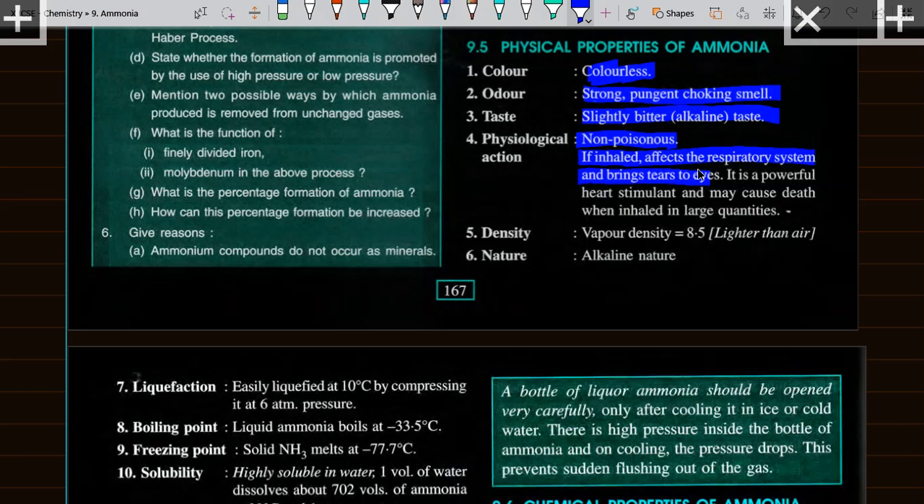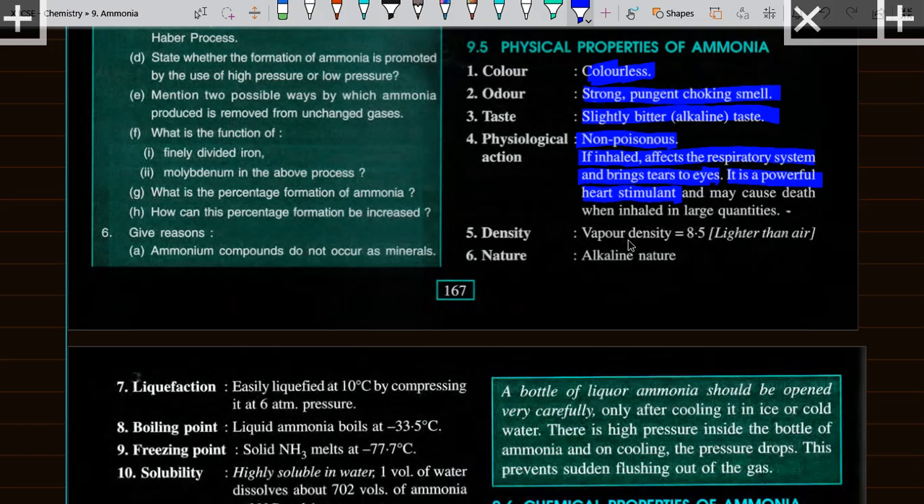Brings tears. मैं क्यों आया यहाँ पे? It is a powerful heart stimulant and may cause death when inhaled in large quantities. सो लोग तुरंत अंदर जाके तुरंत हाथ धोए बिना बाहर निकल जाते हैं, अदरवाइज हार्ट अटैक आएगा भाई। ठीक है।